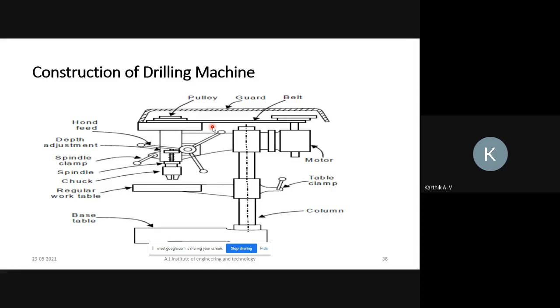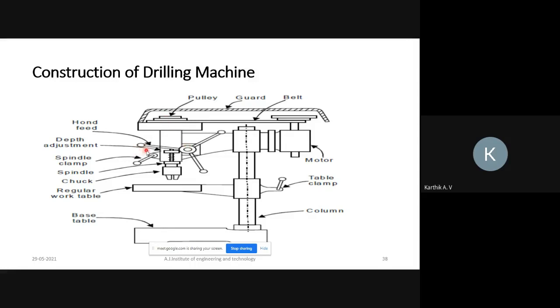Okay, V shape of belt. The function of a V belt is that it can transfer a larger amount of power from one shaft to another shaft, but only over a short distance. Here the distance is very small, so they are using a V shape belt. The distance between the motor and the shaft is very small, and you can also see the arrangement of pulleys of different diameters. This is required to increase as well as decrease the spindle speed based on the requirement.